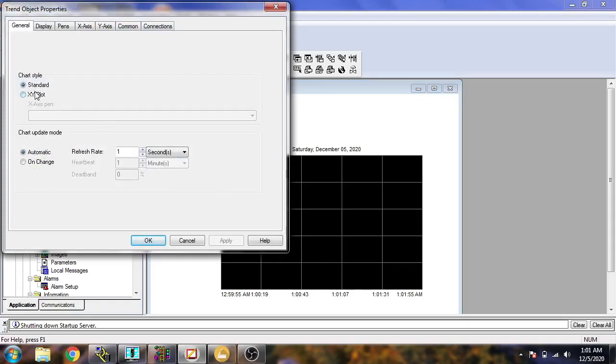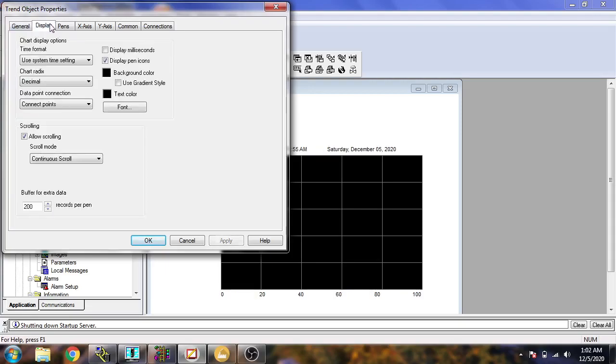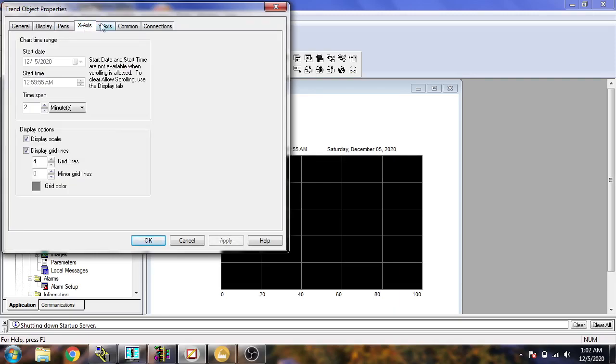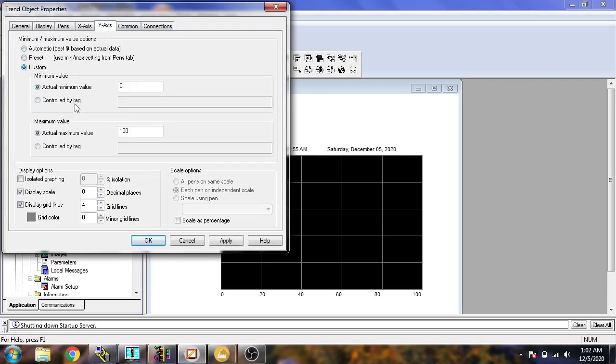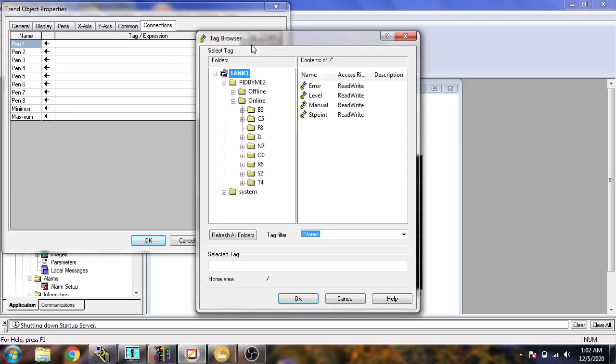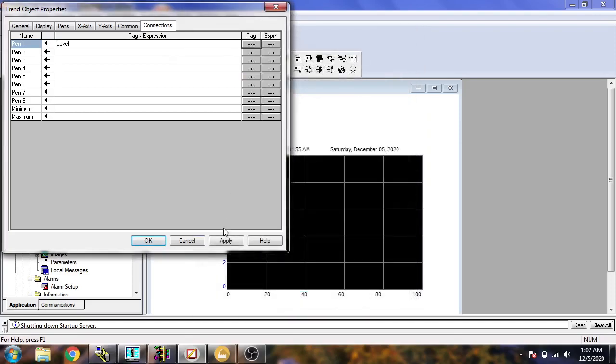You will see I'm going to select the XY plot as 1. So I'm going to display. You will see it will also select the decimals. For the x-axis, I'm going to select the tag name. I think for the y-axis custom, I'm going to select from 0 to 10. That is going to apply. I'm going to make a connection. I'm going to select a level